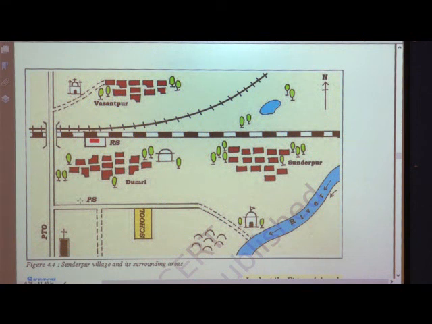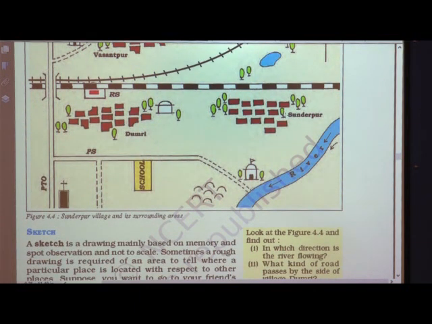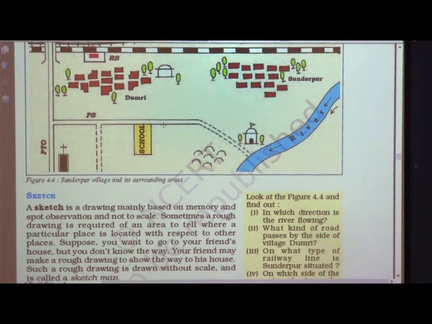This is a sketch of a village and its surrounding area, and this village is called Sundarpur. This is a village, then this is a river, this is a temple, here a school is located. All these places are given with different symbols and colors. This is a roadway.